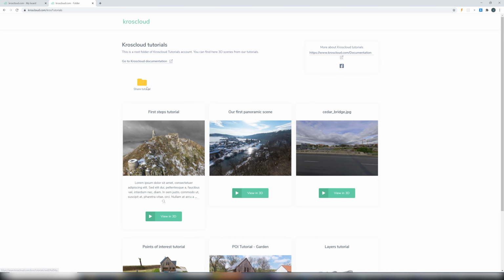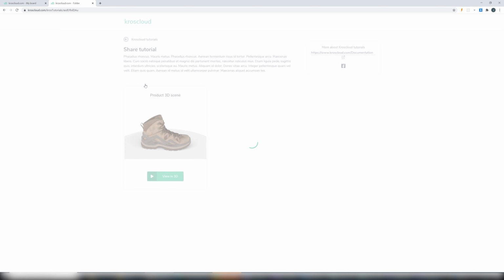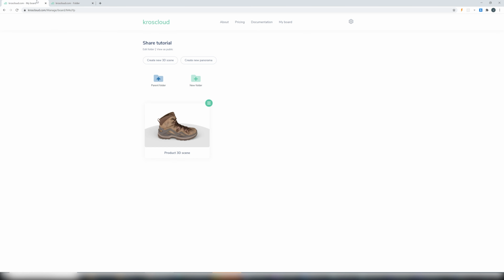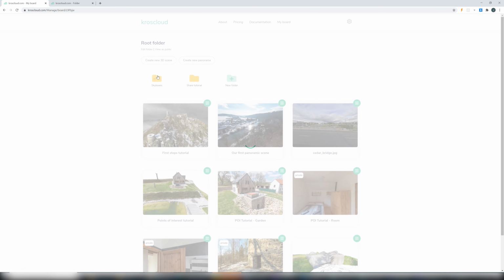So let's go to this share tutorial subfolder. You can see there is a back button that leads to the parent folder. So if you share a link to this folder, user will have an option to go up and see your other content. If folder is marked as private, as this folder,